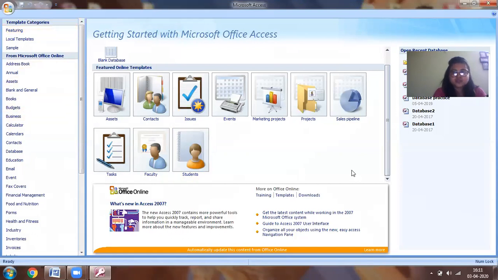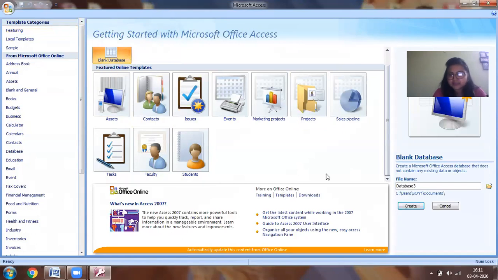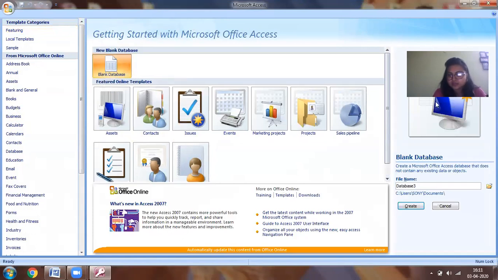So this page must have arrived, and it shows how to start Microsoft Office Access. There is a blank database and other online templates that can be used. But we'll be starting with the blank database. Click on the blank database. There will be a screen on the right hand side.